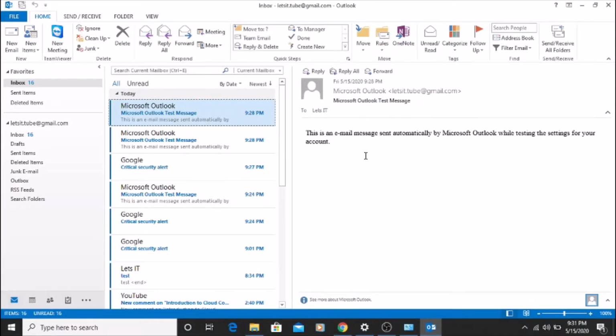Okay, so this is Outlook where I have configured my Gmail account. To start with, how we can create a new PST file. Some of the customers or some of the mailboxes will have limitations. So if you have configured an Office 365 or an IMAP email account with a limited space, then there are chances your mailbox is going to run out of space. In that scenario, you will have to create a local PST file to save your emails down to the PST file. So let me show you how to create a PST file.